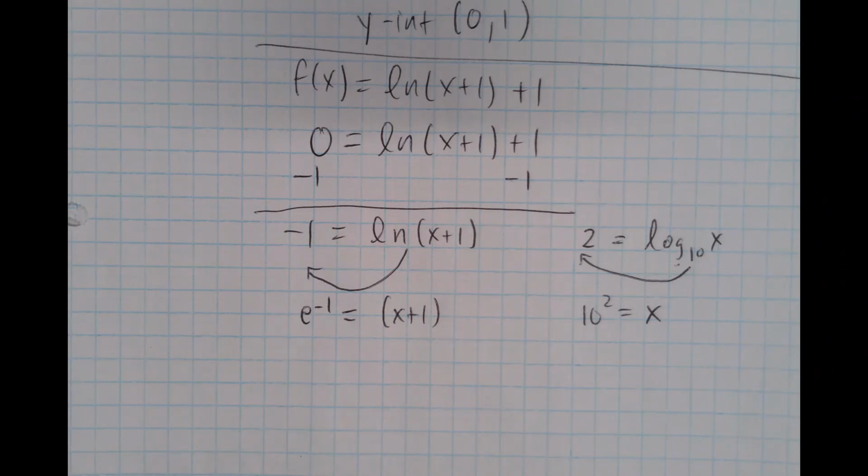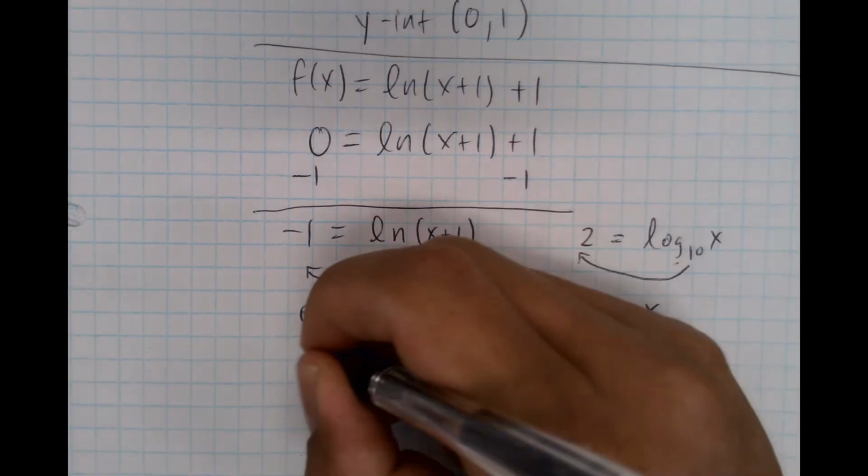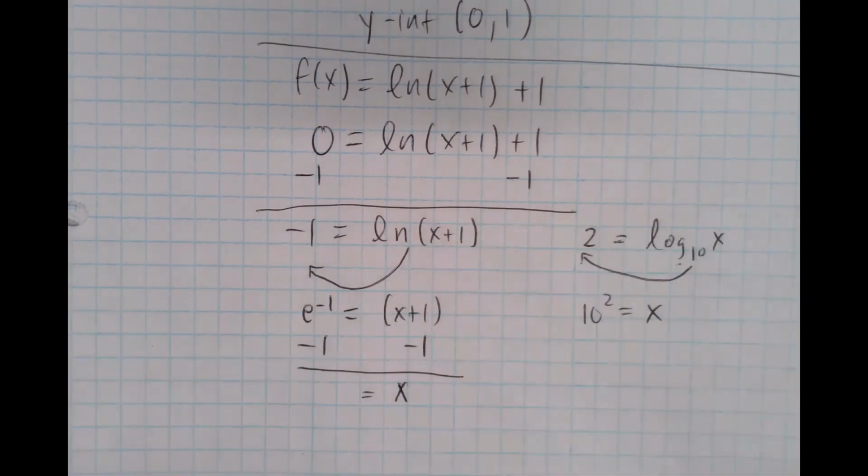And then does anyone know what our final step is here? One last step. It's probably the easiest one, ironically. What's our last step here? Right, we just subtract 1 from both sides, and we get x is equal to